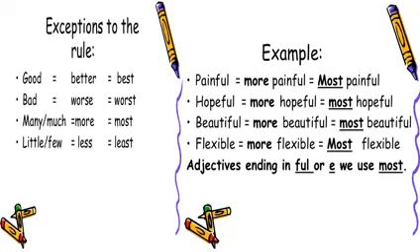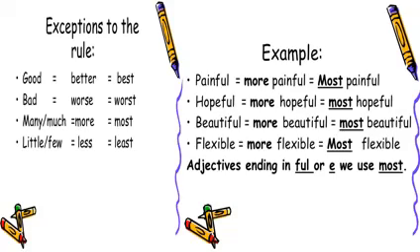Students, if we want to convert any positive or comparative degree into superlative degree, there are a few rules. First rule is, by adding est to the positive degree, we can make any positive degree a superlative degree. And second rule is, for adjectives ending in ful or e, we use most with the positive degree, and it will